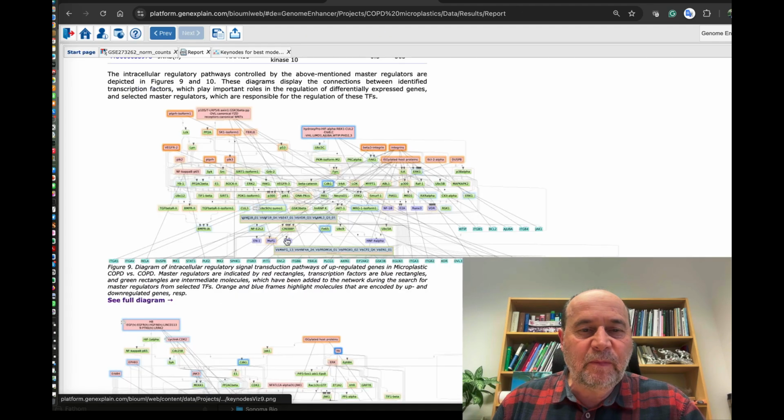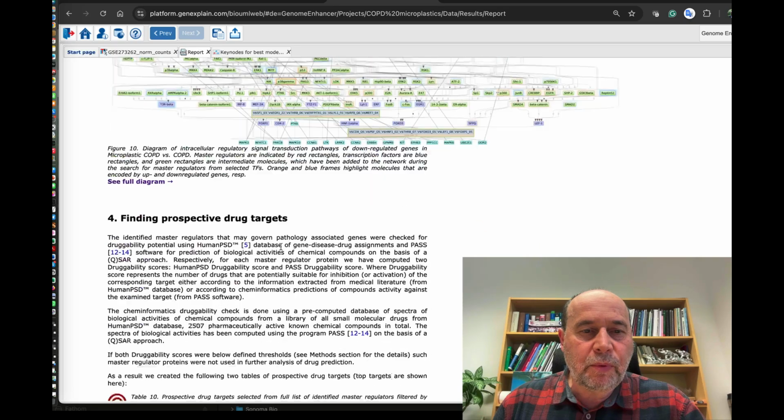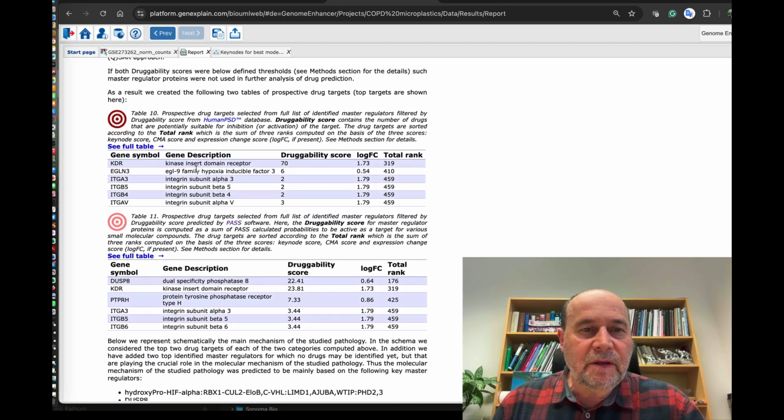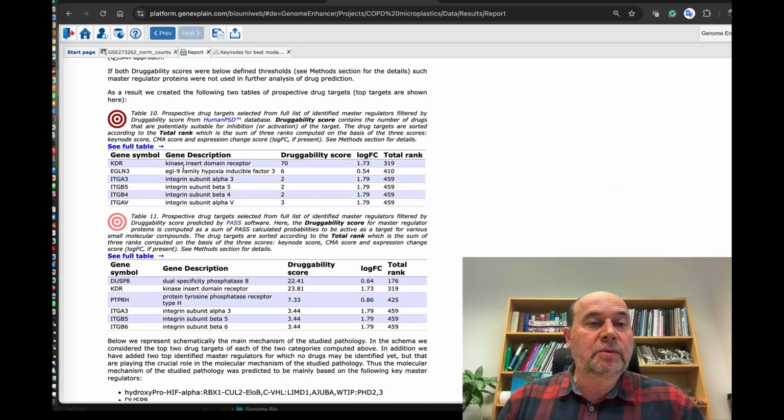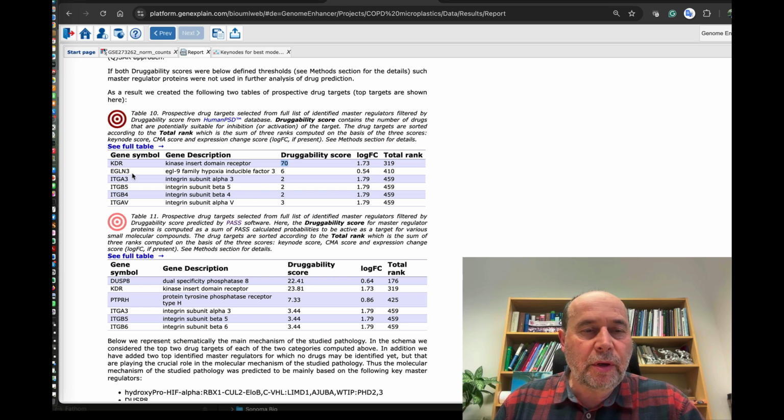So at the end, this report gives a list of potential druggable master regulators. And again, you see this KDR, which is known to be quite druggable. There are 70 known molecules on the market which are used to inhibit this protein in various diseases.